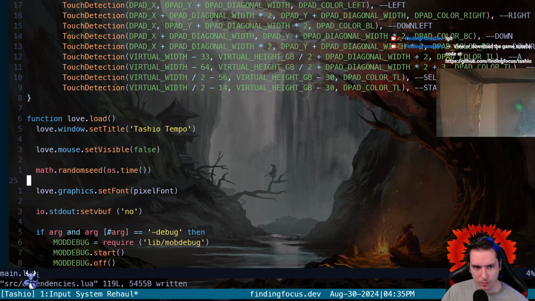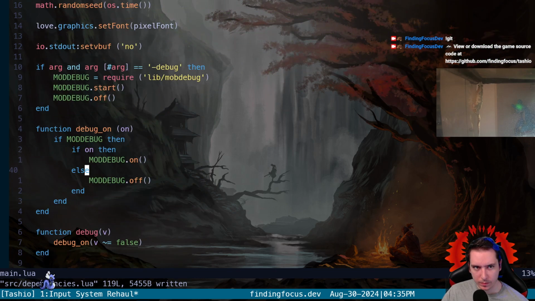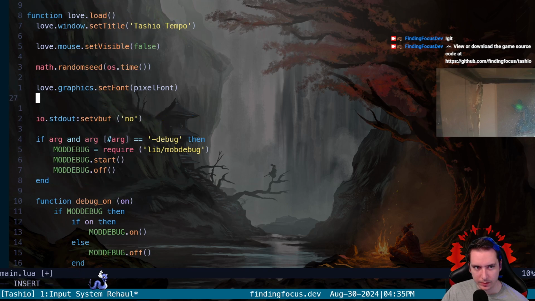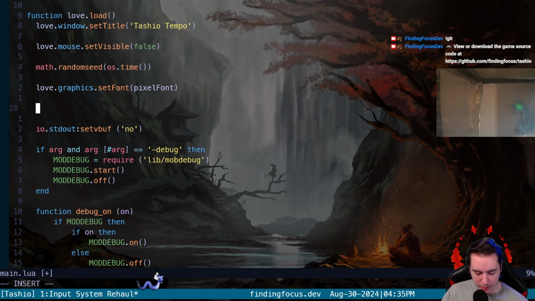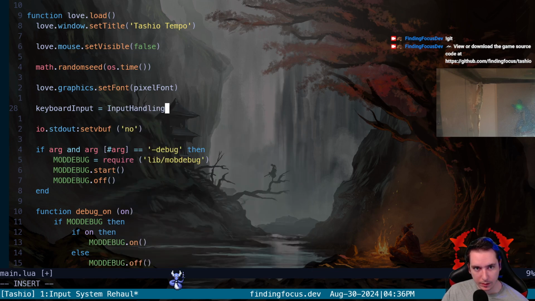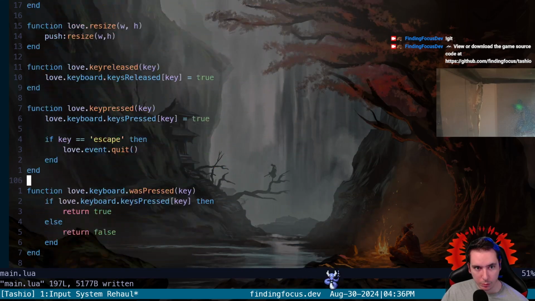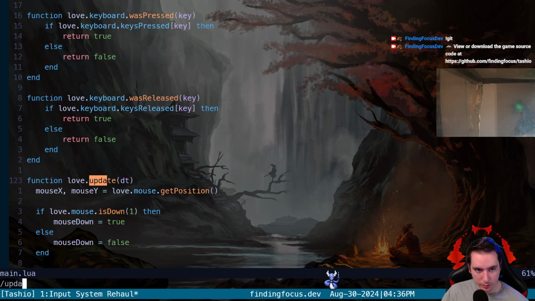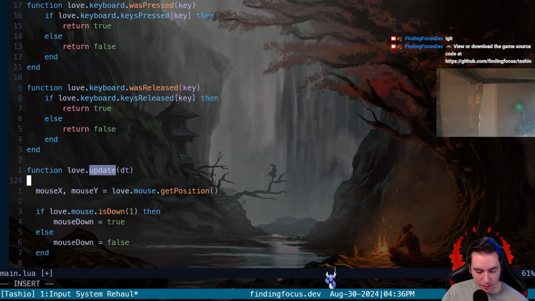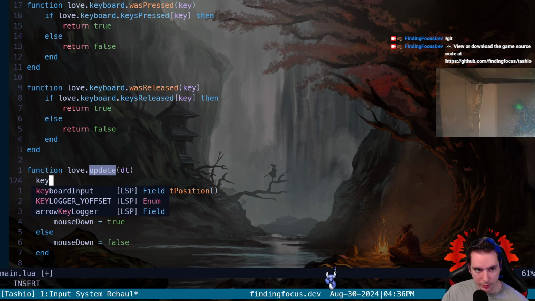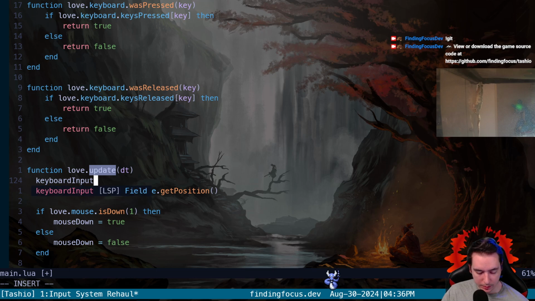So we'll come in here. Ugh, I don't like a lot of this stuff. Let's call it keyboard input gets input handling function like that. Then we need to update our keyboard input over time. So we'll go to our update and we'll make sure our keyboard input gets updated